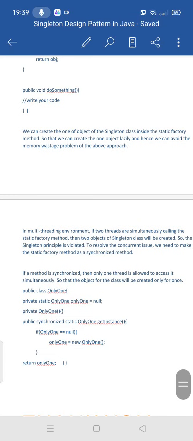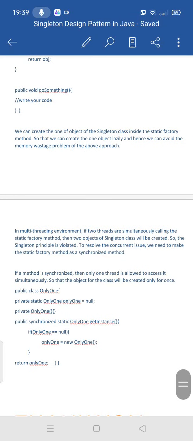There is one important thing. In a multi-threading environment, if two threads simultaneously call the static factory method, what will happen? Then there is a possibility of creating two objects for the singleton class. This is wrong. This is a singleton principle violation, right? For a singleton class, only one instance should be created, not more than one.